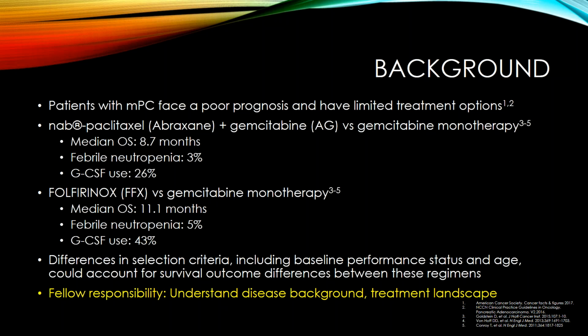So, numerically, it looks like there is some advantage in overall survival for FOLFIRINOX, but some adverse event concerns. But we can't take these comparisons at face value because of differences in the selection and inclusion-exclusion criteria. If we take a deeper look, patients were healthier in the FOLFIRINOX arm, a little bit younger, while in the Abraxane gemcitabine arm, patients had greater severity and disability,